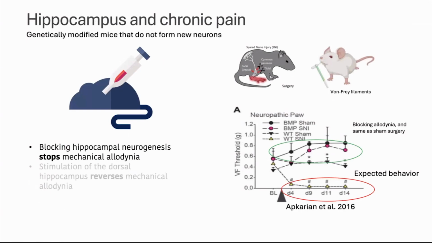Now, I want to briefly touch upon two preclinical studies that kind of followed this trend and that really tap into these causal mechanisms of whether learning and hippocampal plasticity can induce risk for chronic pain. So this study, published by Abkarin et al. in 2016, what they did is they stopped the ability of the hippocampus to generate new neurons.